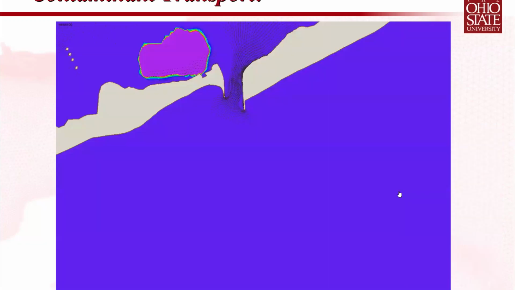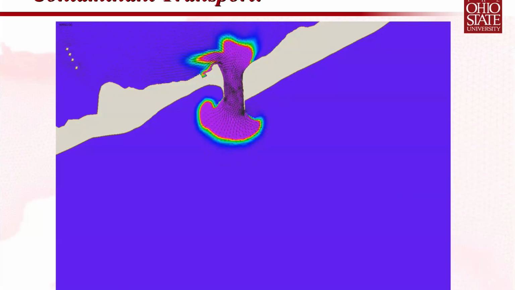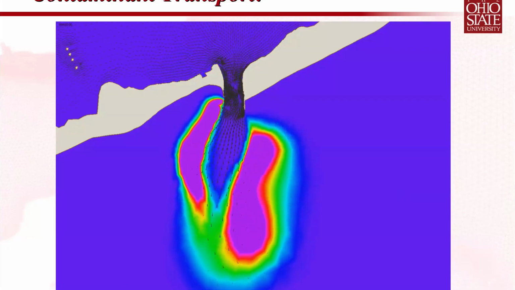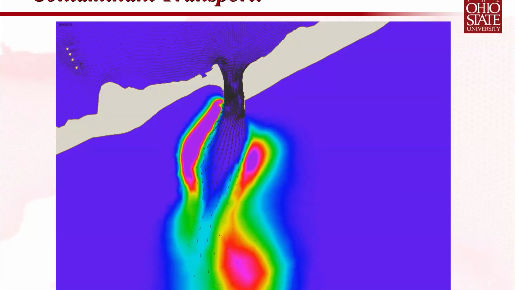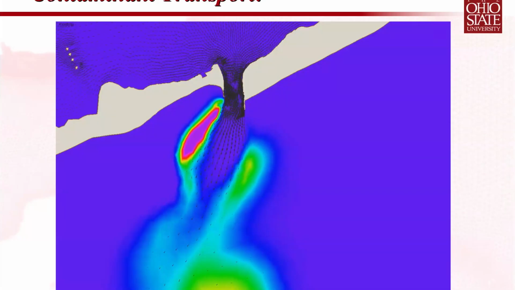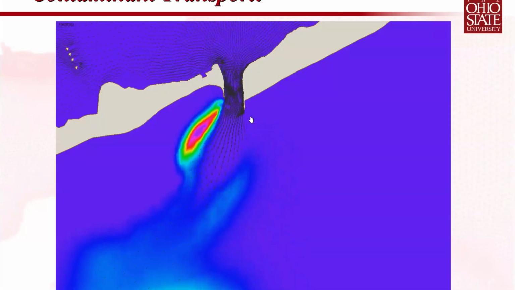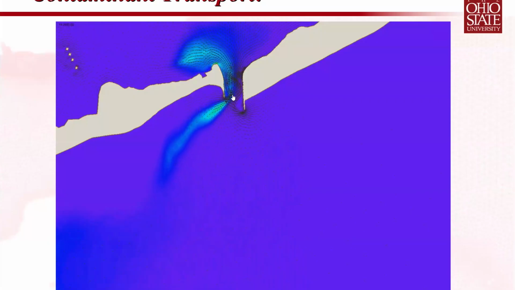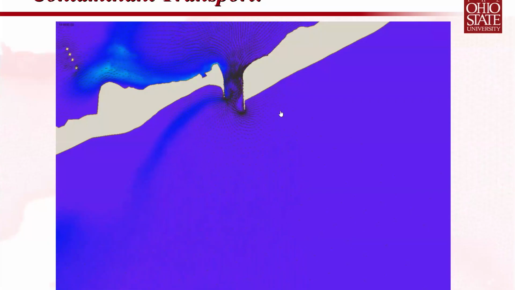But one of the things that we looked at in this scenario was this idea of contaminant transport, sediment transport. So for example, if we look at concentration of this sediment during the outgoing tide, you can observe some interesting dynamics. There are some big jetties that come out here, and you get an eddy that captures some of the contaminant there and then actually brings it back into the back bay area.